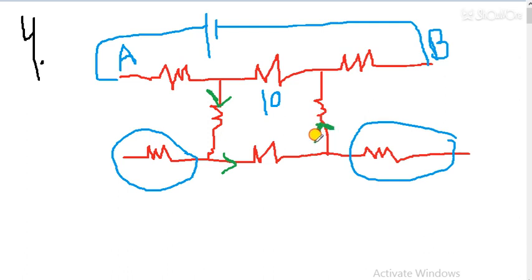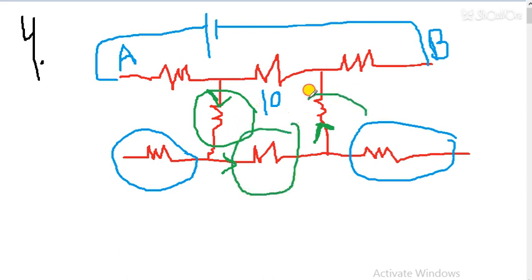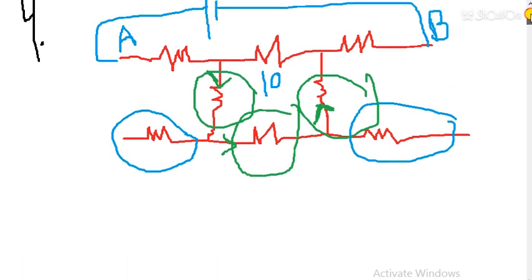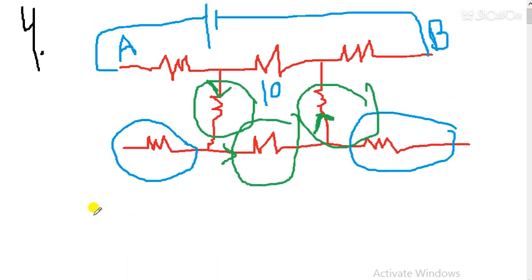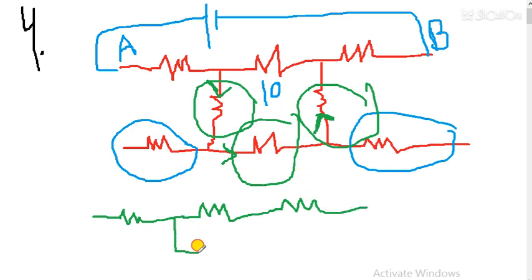That means when I have to find the resistance between A and B, this resistance and this resistance, these three are in series. So now I am drawing its equivalent circuit. This is A, resistance 10 ohm, then a second 10, and then a third 10. These three resistances connected will give me a resistance of 30 because these are in series.